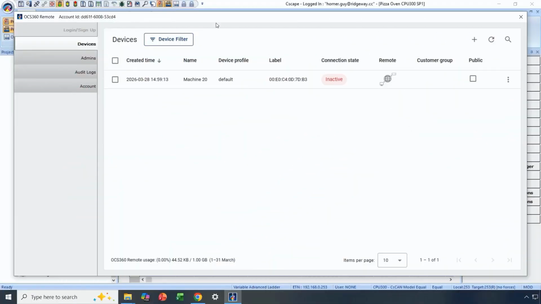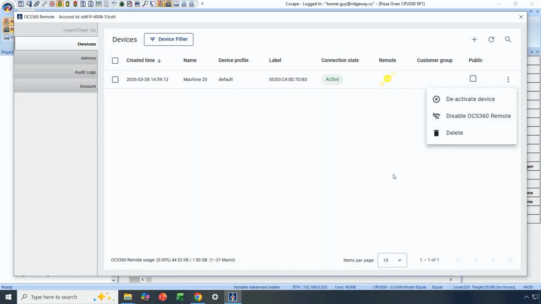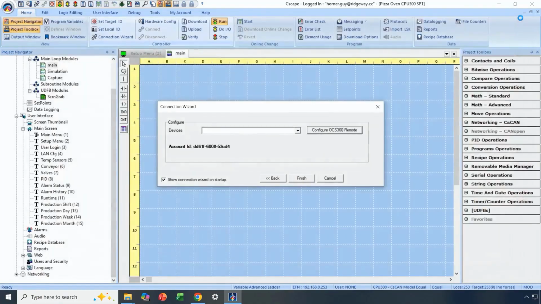Back in Cscape, we click on the More Options button for our controller and select Enable OCS360 Remote. Then it'll connect, and this can sometimes take a few minutes, but in our case, we got a connection almost immediately. If we go out of this menu, we can now see that our controller, Machine 20, appears under Devices